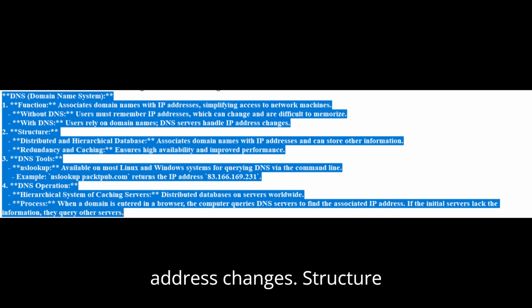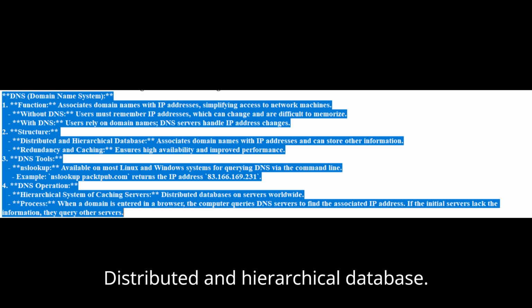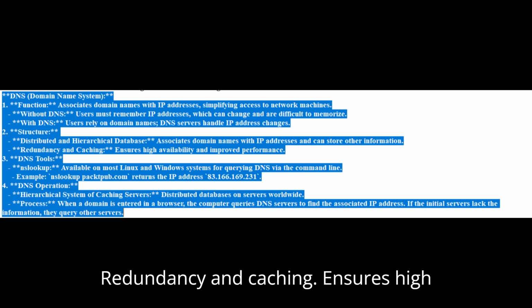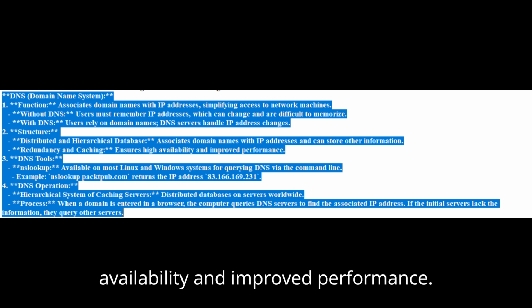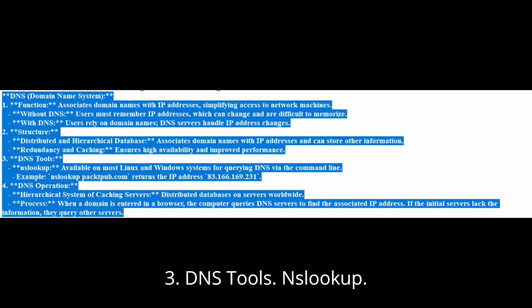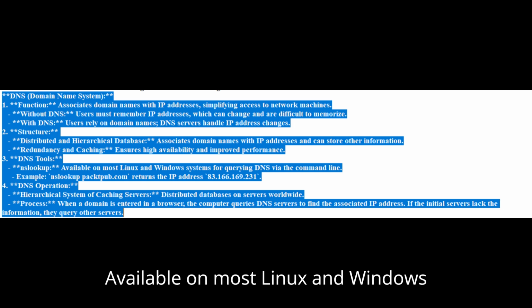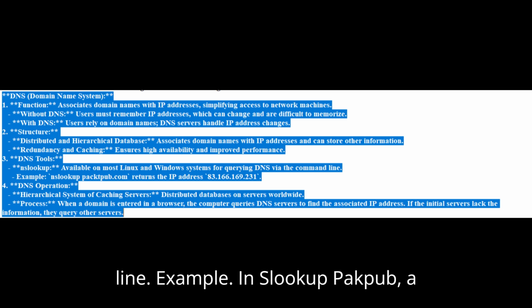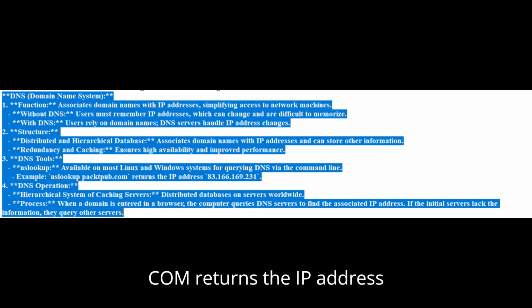2. Structure. Distributed and hierarchical database. Associates domain names with IP addresses and can store other information. Redundancy and caching ensure high availability and improved performance. 3. DNS tools. NSLookup, available on most Linux and Windows systems for querying DNS via the command line. Example: NSLookup packpub.com returns the IP address